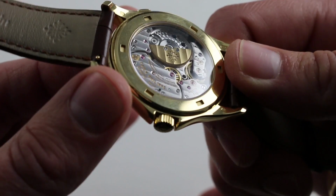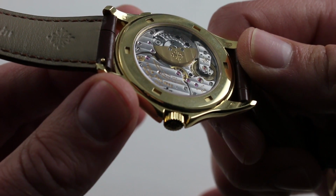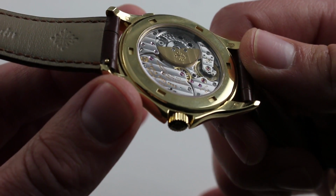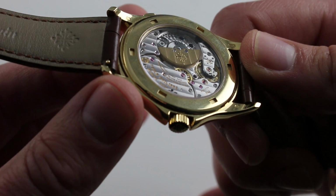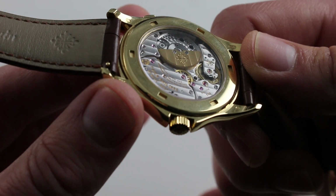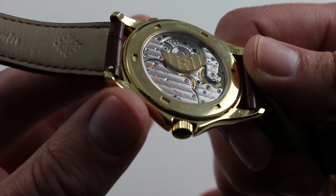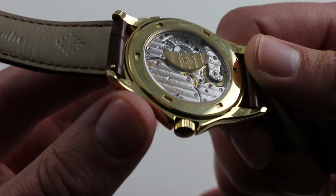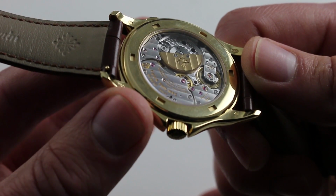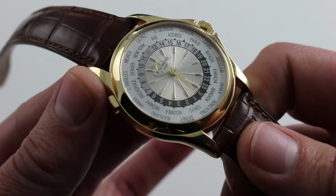And of course, you can see when I turn it at oblique angles to the light, the gorgeous perlage across the base plate beneath the rotor, the gorgeous linear Côte de Genève across the rotor itself as well as the bridges, and all of the angles of the bridges beautifully rounded off and mirror polished, true hand-laid anglage. All of the screw heads polished and their slots chamfered. This is as good as it gets in terms of finish, which leaves us with a matter of opinion and